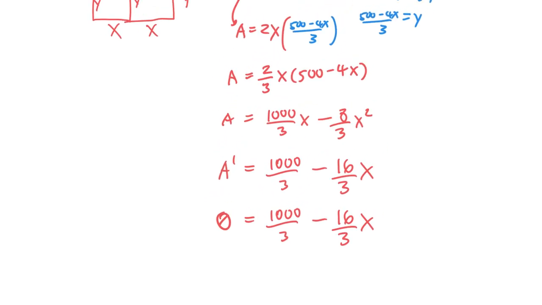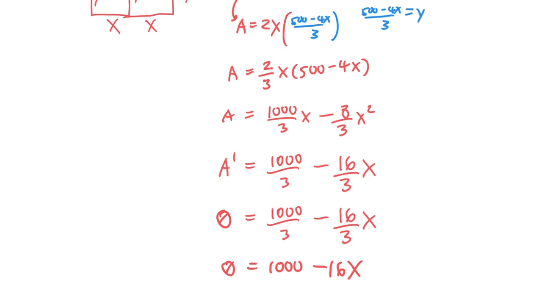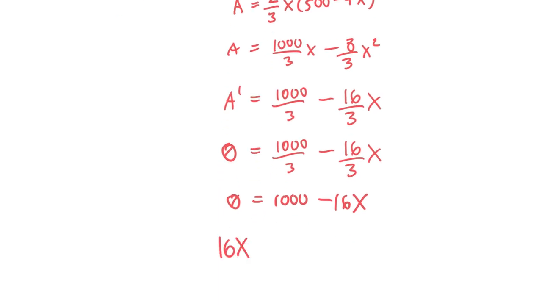Now we can multiply everything by 3, which is awesome. So we have 0 equals 1,000 minus 16x. 16x equals 1,000. X equals 500 over 8, aka 250 over 4,